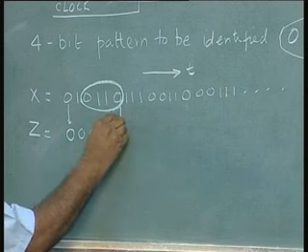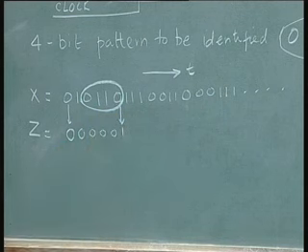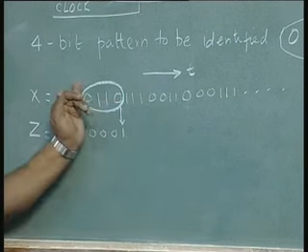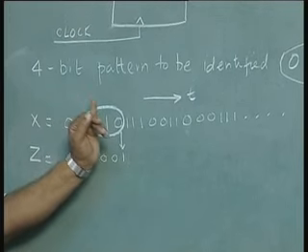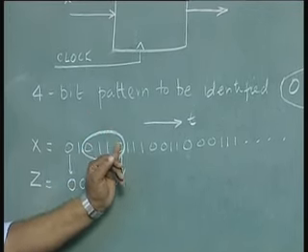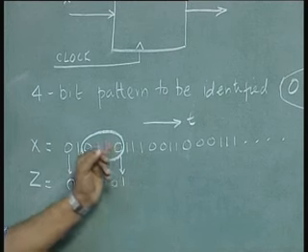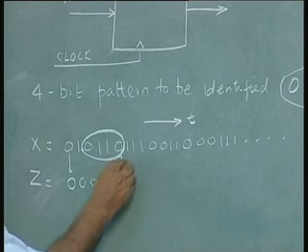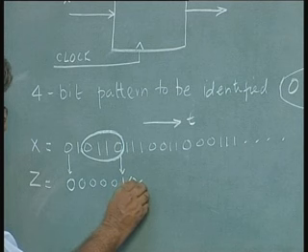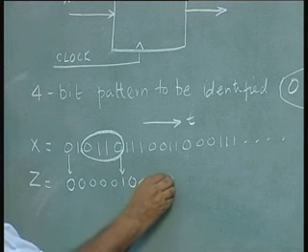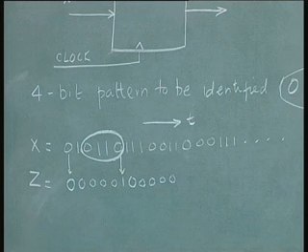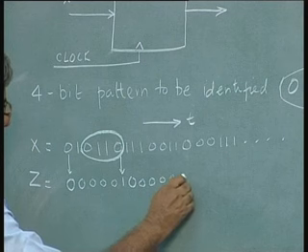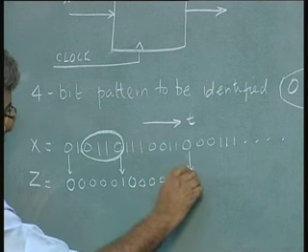So, a 1 should occur, that is what I mean by the last 0. You remember that time is going this way, that means first a 0 was received, then a 1, then a 1, then a 0. The 4th bit corresponds to the output bit. Along with the 4th bit 0, I should get an output of 1. Then of course, it will go 0 0 0 0 0 0, this again will give me 1,